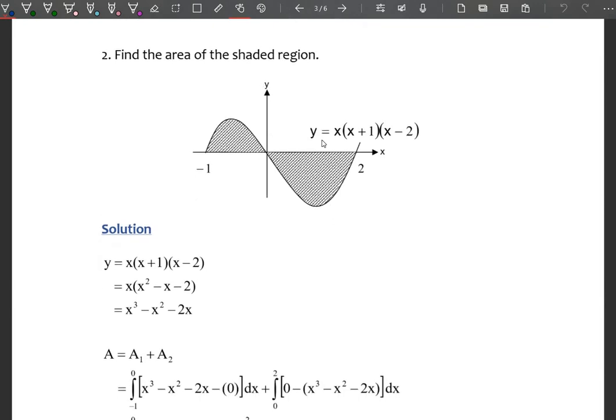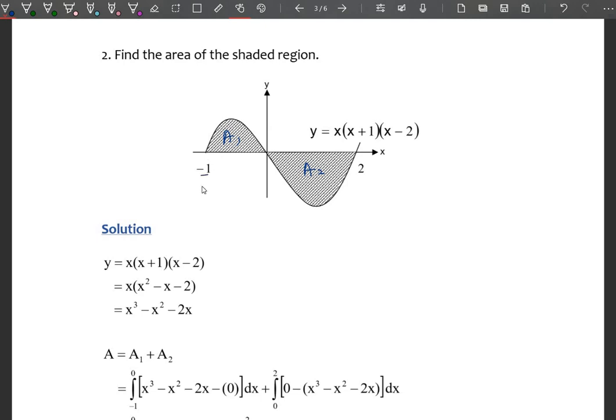Okay, for the function y equal to (x plus 1)(x minus 2), as you can see, there are two areas, right? So this one is what we will call A1 and this is A2. Therefore, A is equal to A1 plus A2. And next, we have the lower and upper limits for our